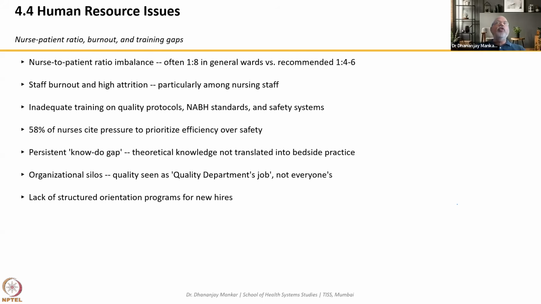And very important to understand, there are organizational silos. If quality is seen as the effort of the quality department alone, or the imperative of quality is taken only by the quality team, whether 4 or 5 people, or 8 or 10, or only the people appointed to the quality committee, then sometimes it becomes a major problem. This hospital also has the same issue, where the job of quality is seen as belonging only to the quality department and not everyone, which makes it very difficult for the quality imperative to be followed.